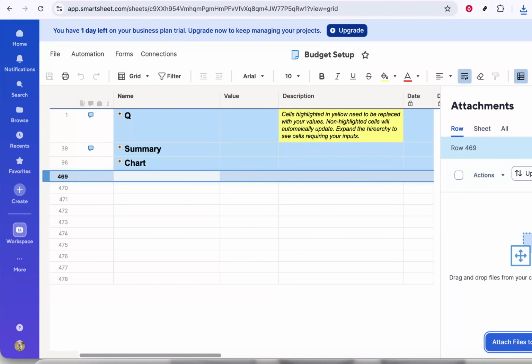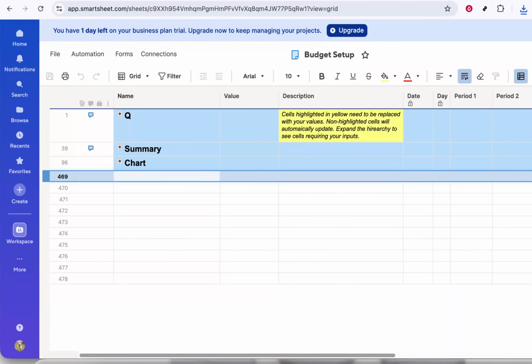In today's video, I'm going to teach you how to lock a row in Smartsheet. Locking rows is really useful when you want to protect important information from accidental changes. Maybe you have a final budget, an approved task list, or any data that should stay exactly as it is. By locking a row, you make sure that only people with the right permissions can edit it, while others can